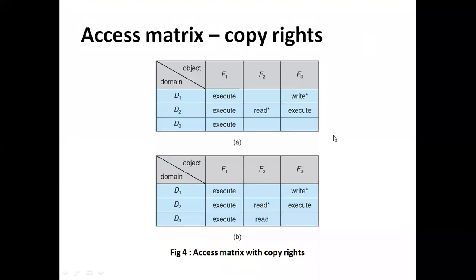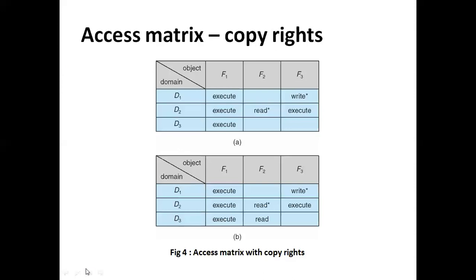Dear students, in the previous video, we have seen how a protection model can be represented as an access matrix and how other domains can be represented as objects of an access matrix for domain switching. Now we will discuss the operations that can be performed on an access matrix to make changes to the entries in it. There are three operations that we are going to discuss: copy, owner, and control.